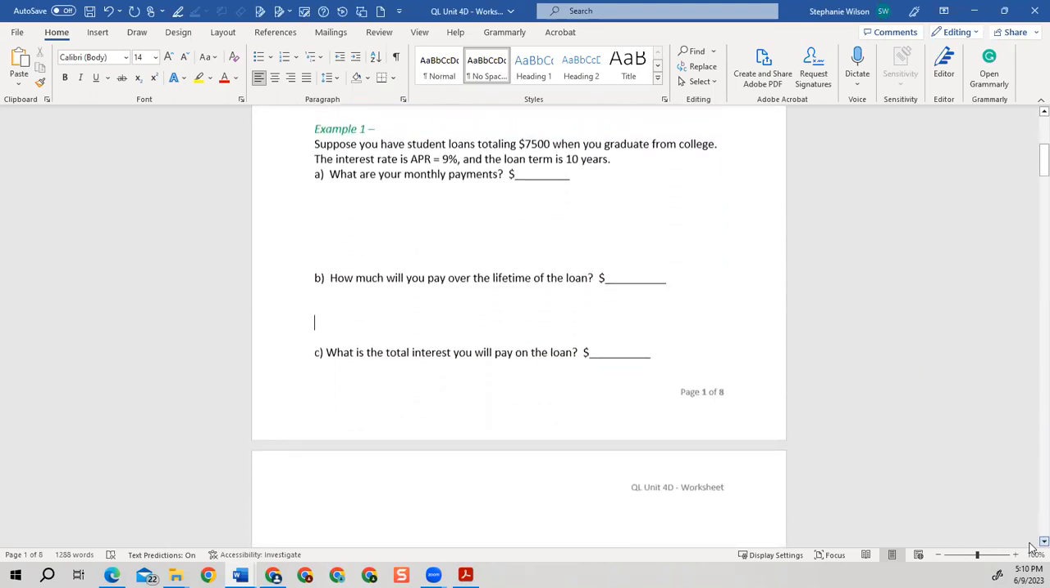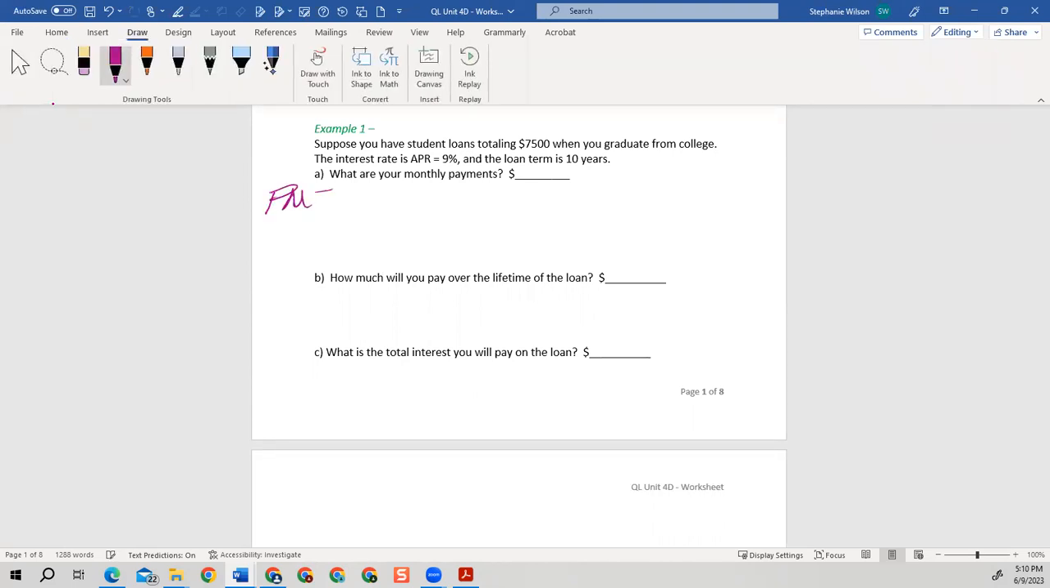It says, suppose you have student loans totaling $7,500 when you graduate from college. The interest rate, the APR, equals 9%, and the loan term is 10 years. So we want to know what our monthly payment is. Let's use this formula right quick. We have payment, PMT, and it's going to be equal to our formula. We've got principal times the APR